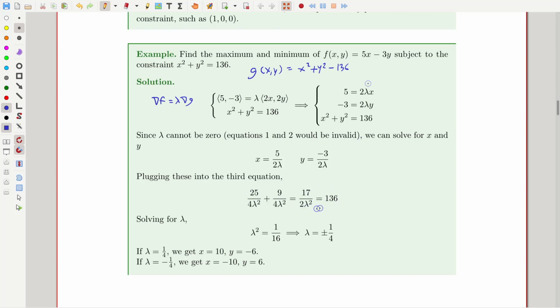And then I can solve for lambda. Now notice, when I solve for lambda, I have to be careful. It's going to be plus or minus 1/4. Okay, so that's two possible values of lambda, from which we can then plug into these equations and solve for